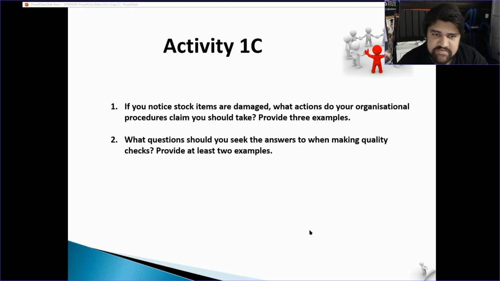Okay, activity 1C. If you notice stock items are damaged, what actions do your organizational procedures say you should take? Provide an example. So, if we're thinking about a restaurant, if we have damaged stock, first of all, on delivery, we would let the delivery driver know. Secondly, we would refuse to take the stock. Then we would let the supplier know directly. Thirdly, we would do a report